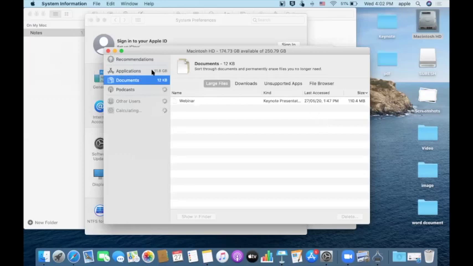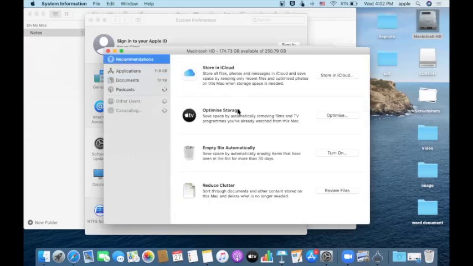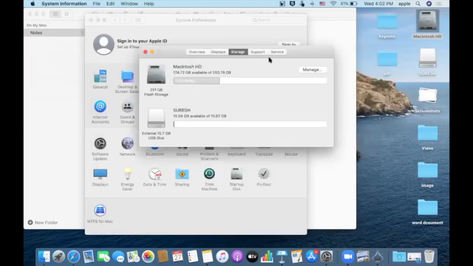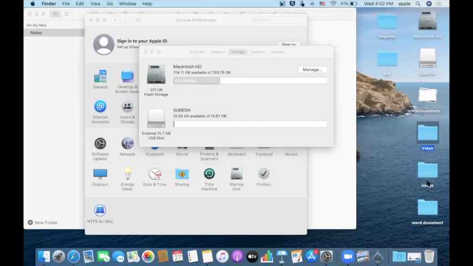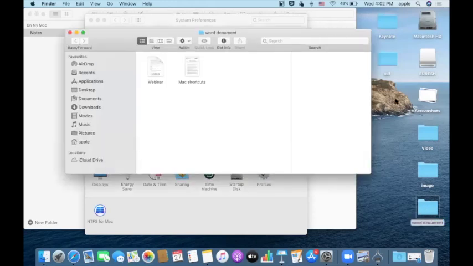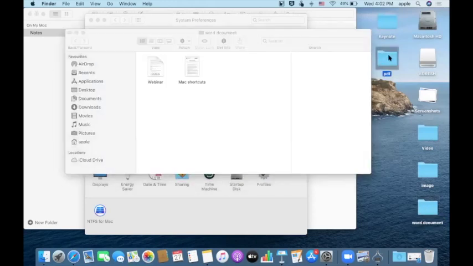Here you can see how many files are caching up and everything. Or even you can do a PRAM reset. Just I'll show it.